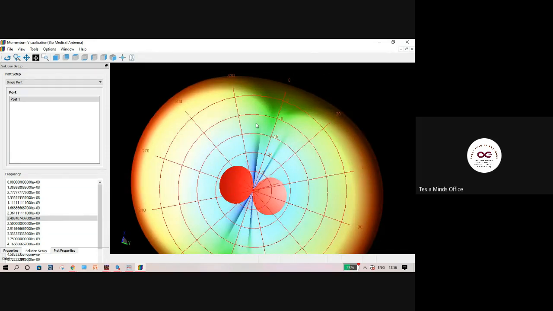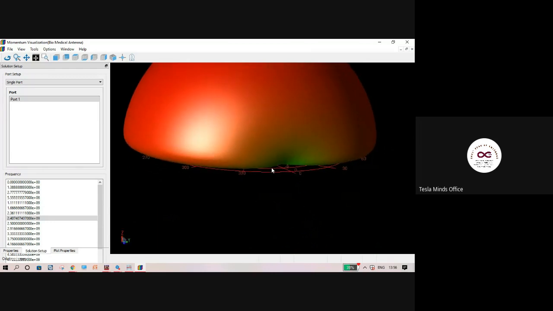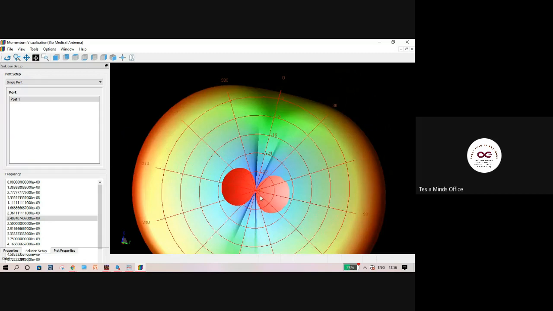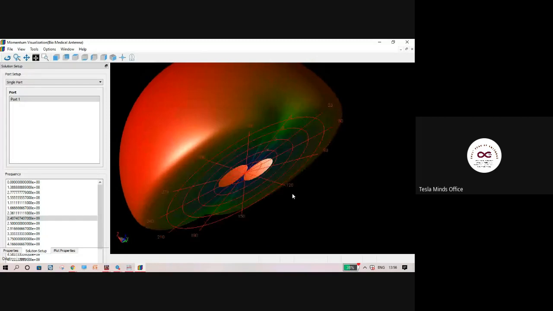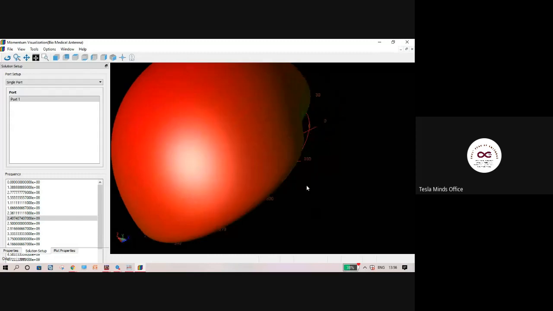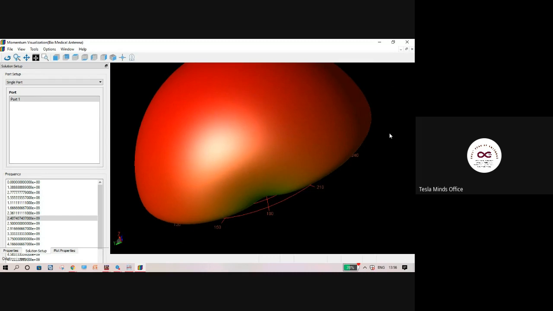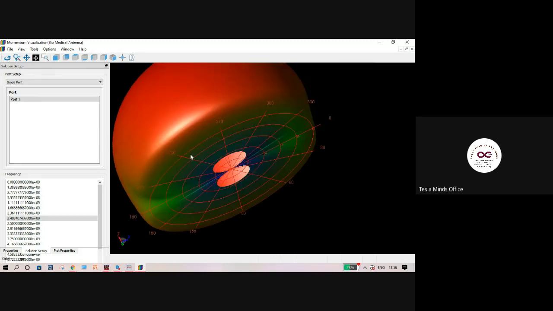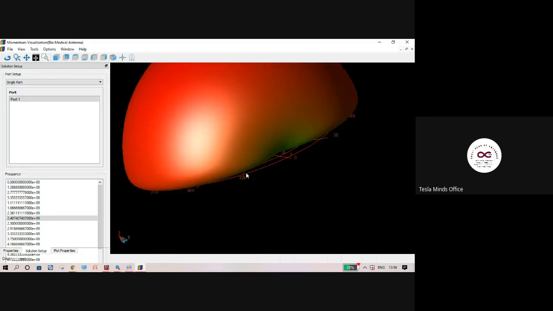So this is the way in which this antenna which we have designed will radiate if it is kept at that center point, exactly at the center point. If I keep the antenna there, flat like this, facing upwards, this is how it will radiate around 360 degrees, right? So this is the 3D visualization of my radiation pattern. If you don't make any sense of it, I'll show you the 2D radiation pattern. Maybe after that you will make sense out of it. This is one very interesting graph which you can visualize here in this ADS tool.